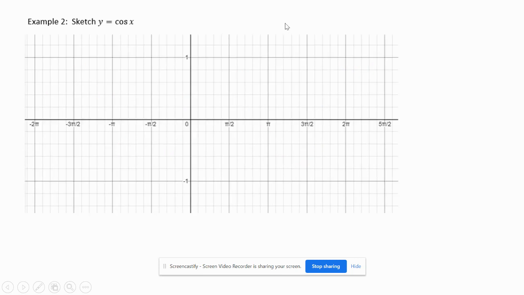Same idea for y equals cos x, except for the cosine graph, we need to know that the graph starts over here. So the graph starts at the maximum point at 0, 1, and it's going to end at 2 pi at 1 over here. Next, if I split these in half, I'm going to draw the minimum point here, and then I'm going to do these two x-intercepts like this. So in order, I would have gone 1, 2, 3, 4, 5. And then I'm just going to follow this pattern going forward. So I have a point here, point here, point here, and points like this, and this graph would look like